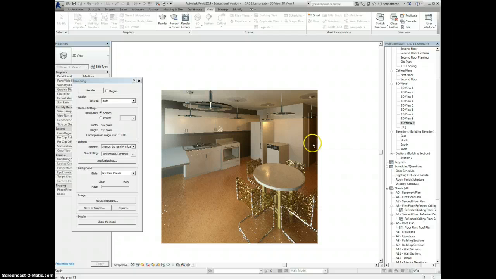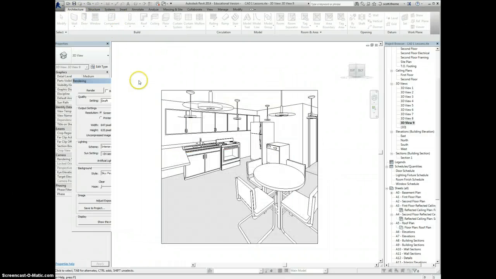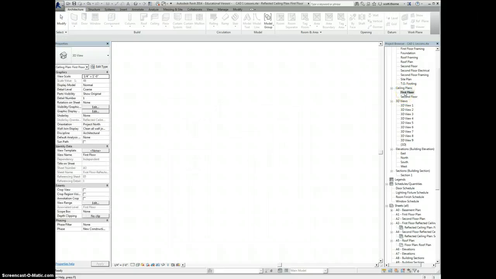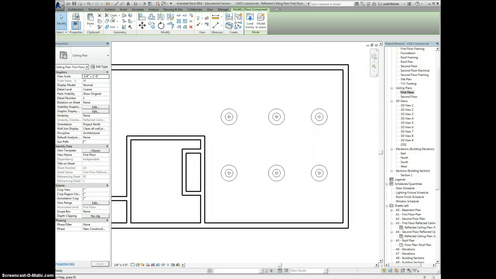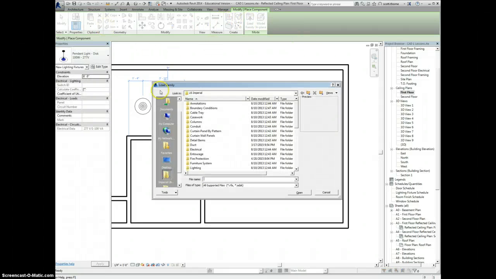I did promise I'd show you how to put in components. Let's X out this whole rendering bit. Let's go back to our ceiling plan first floor. For putting in light fixtures, I already had this pulled up for the pendant light. Let me show you where the rest are. If you click Load Family, it's under Component. You have a folder called Lighting,